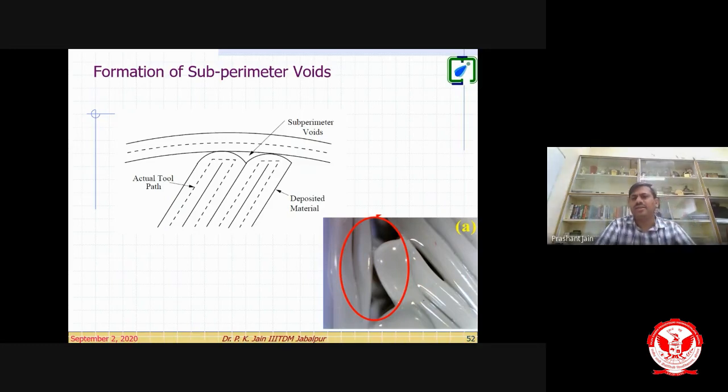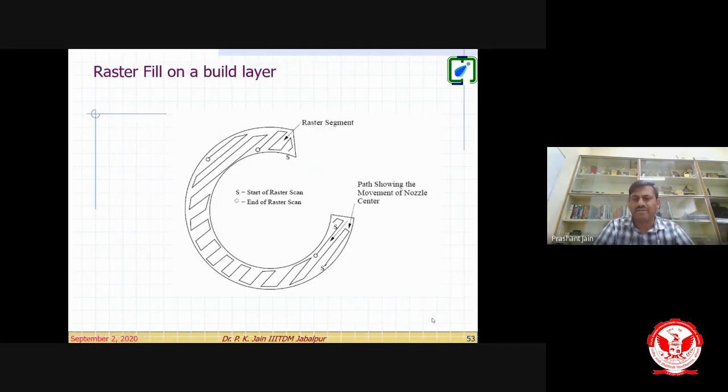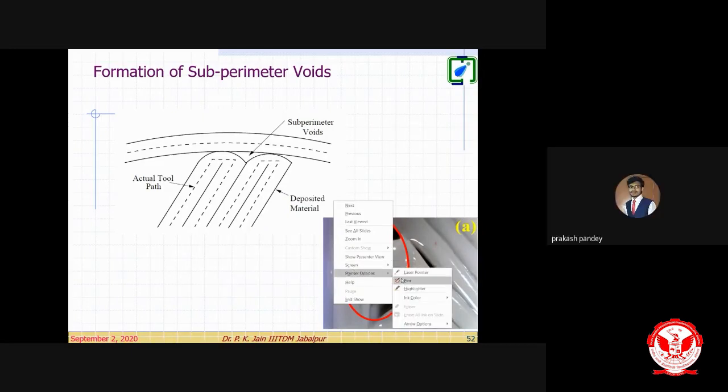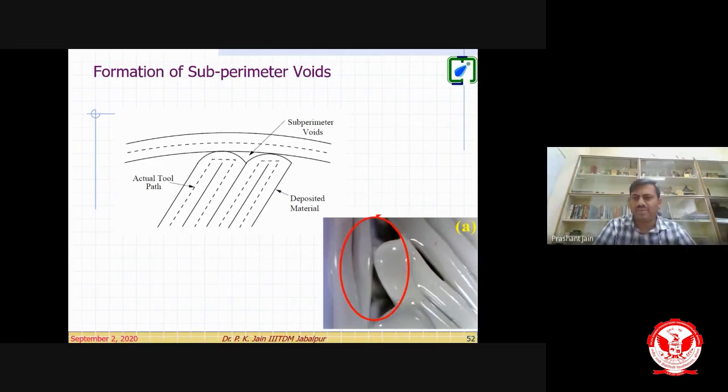Look at this here. In this way, the material is deposited, right? Starting from here, on this slide, you can see that the material is deposited in this way. This is the nozzle path. So what is happening when it is taking a turn? There is a gap, right? You see that gap. And what happens with this gap?